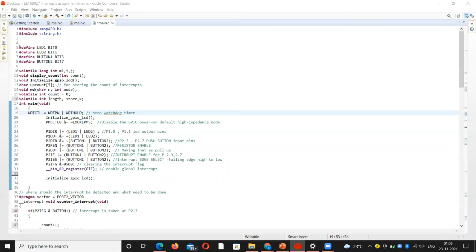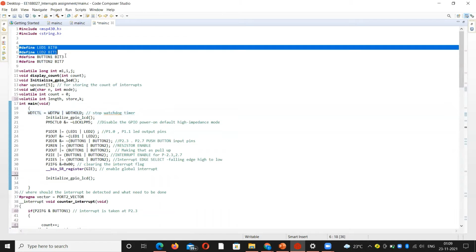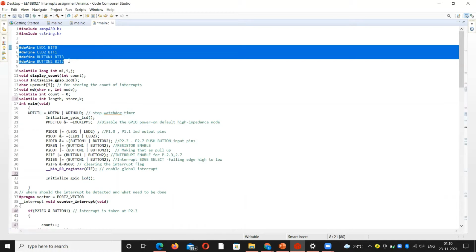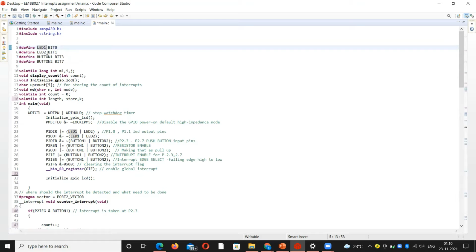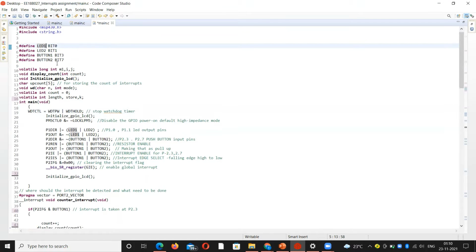starting with the code, we have defined the LED output pins and push button pins as LED1, LED2, and button 1, button 2. So that is direct.